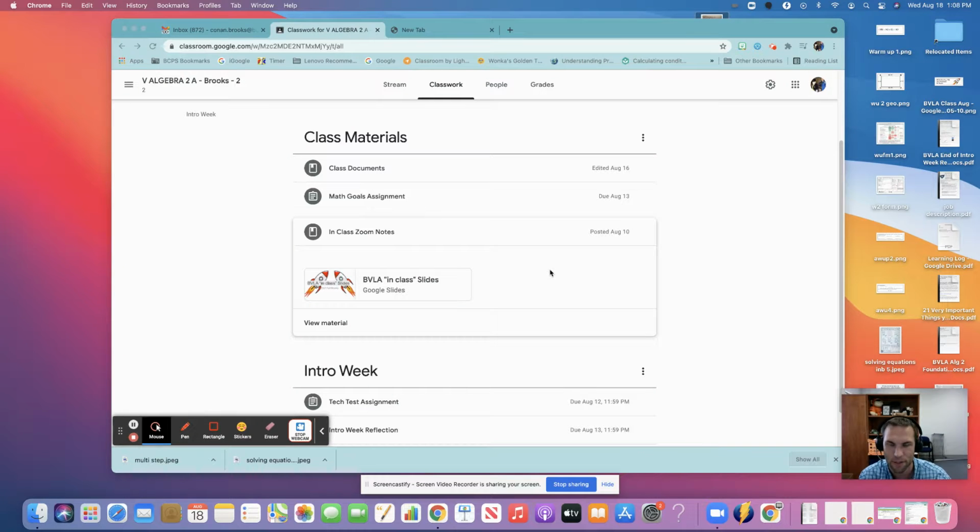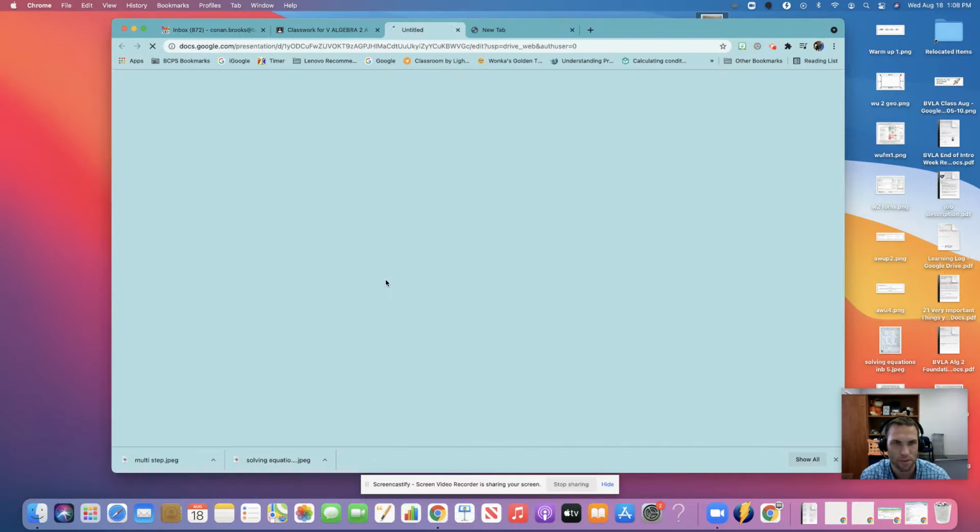Brooks, and today I'm going to go over literal equations, and this is in the foundations unit, so this is covered in that unit from geometry and algebra 2. So from the BVLA slides,